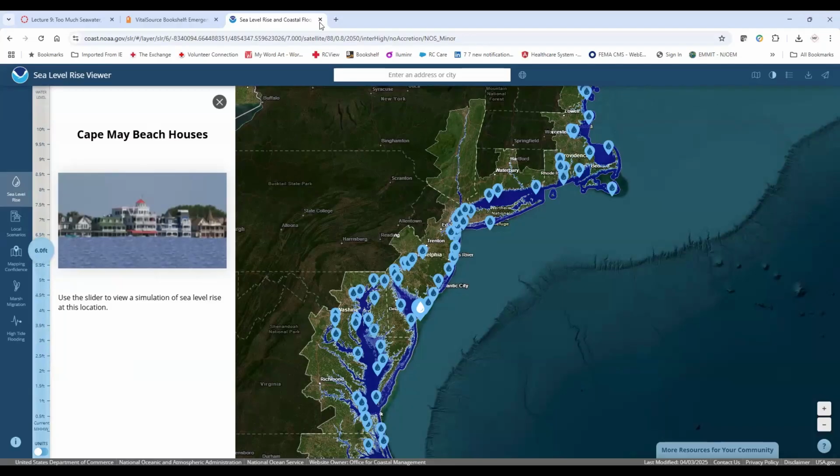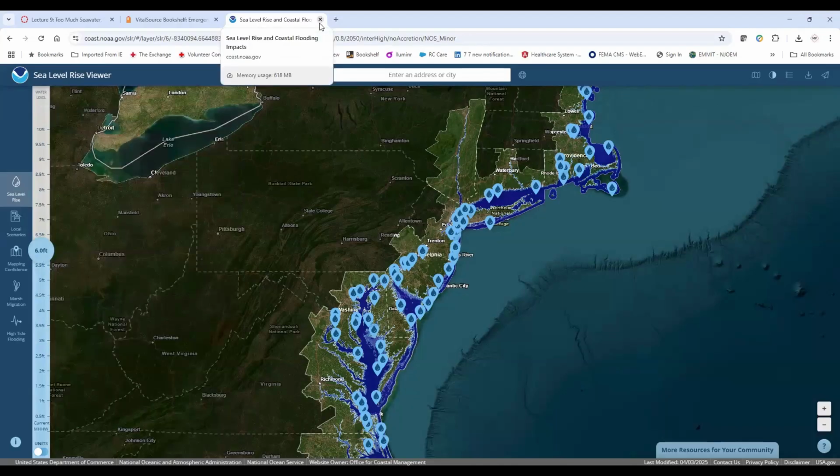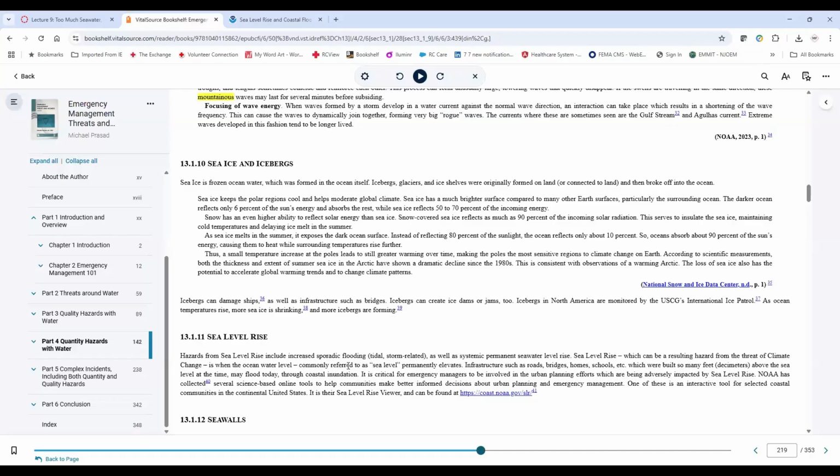Now, don't forget, this is the standing sea level rise, not anything on top of it, which would be the slosh or other types of wave action associated with the storm. So this is just the base level. This is the tool that's there, and it's good to see it's still around. Planning for sea level rise is something I think all emergency managers, especially those in coastal communities, should consider.